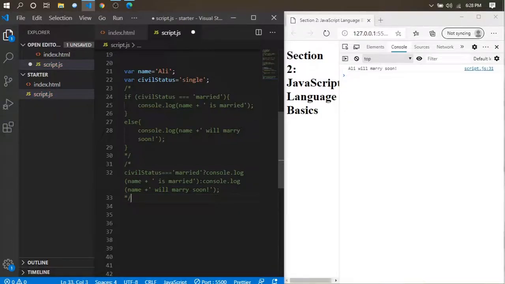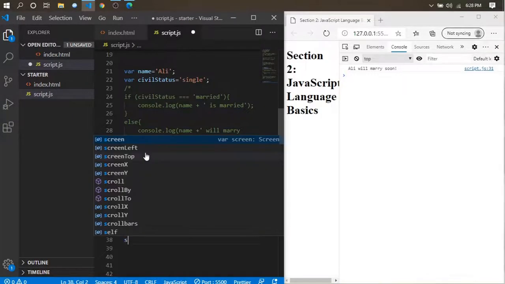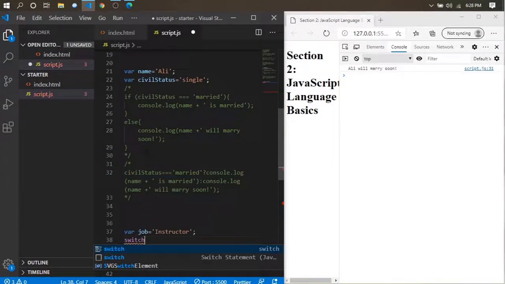Now let's move towards switch statements. You have already used the switch and case statements in C and C++. So let's say I make a switch statement of jobs. I would write variable job is equal to, let's say, an instructor. Now I would switch between the jobs. Switch of the option job,